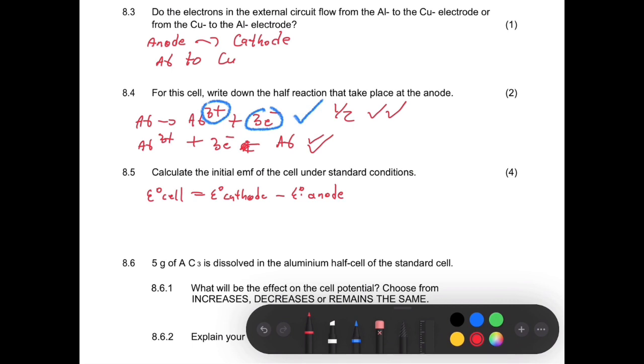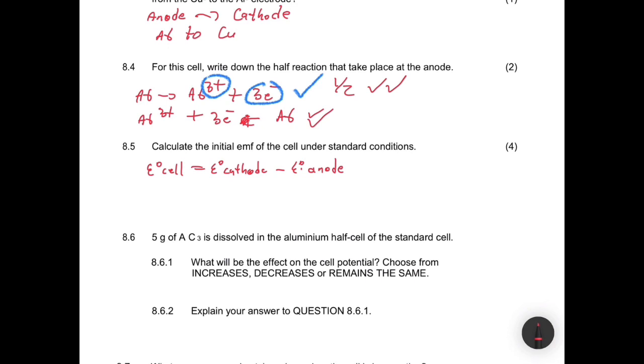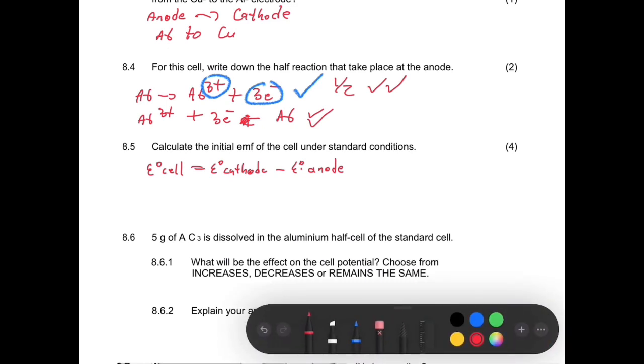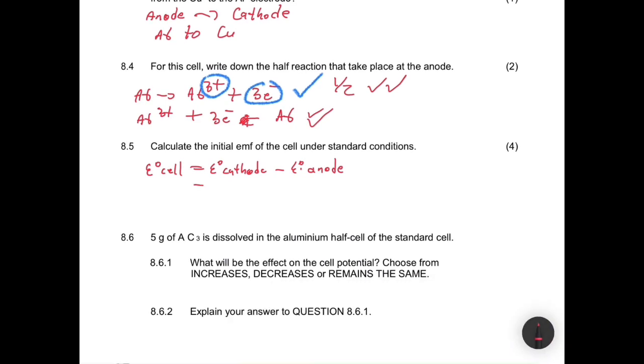So now at this point, you go to the back of your question paper, right? You're going to get a table with the potentials for different elements, right? So at the cathode, we already said that we have the copper, right? So we have to go to the table and see which value the copper has, right? The copper has a value of